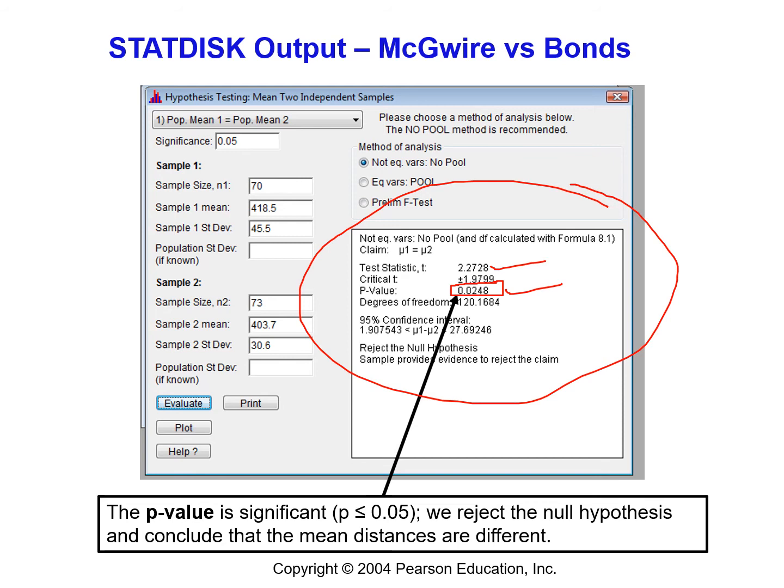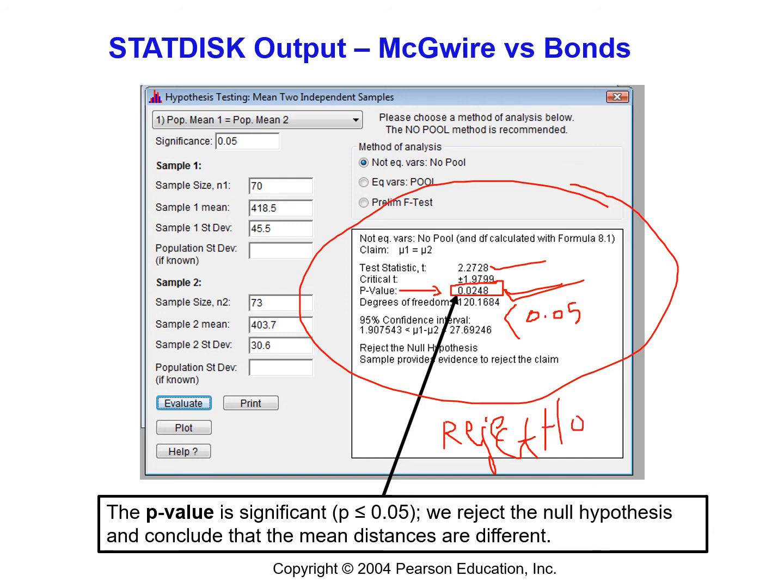Now, let us take the p-value of the test. The p-value of the test is computed to be 0.0248 from statistical software. Comparing 0.0248 with the significance level, which is 0.05: if the p-value is less than 0.05, the decision is to reject the null hypothesis. Again, the p-value is less than 0.05, so we reject H naught,